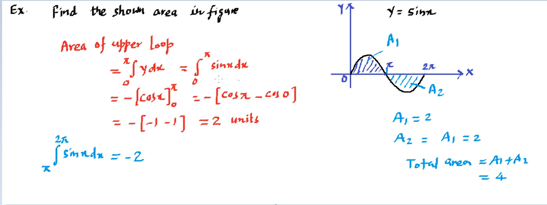If y is negative, then integration of y dx is going to be negative, or you can say the sign is negative, hence the answer will come out to be negative. So there's a rule: when we integrate using this formula, if the graph is upside, then that comes out to be positive. If the graph is downside, that will come out to be negative. So integration of an upside graph is positive, and the downside graph area is going to be negative.